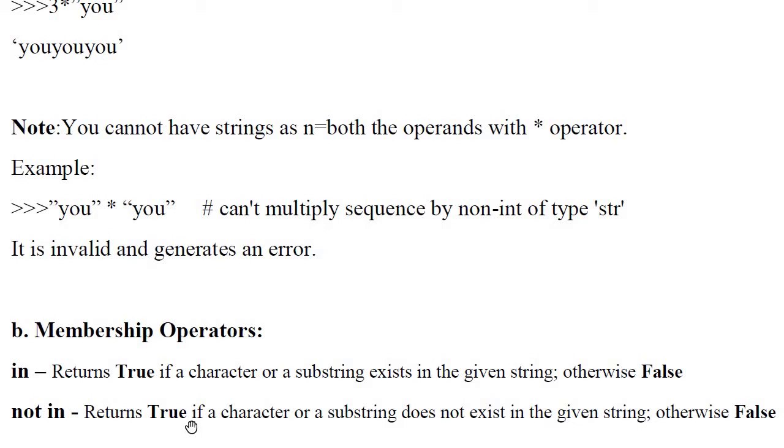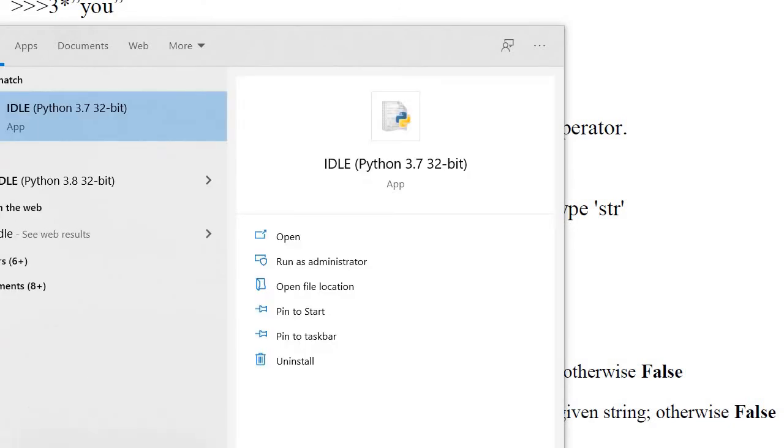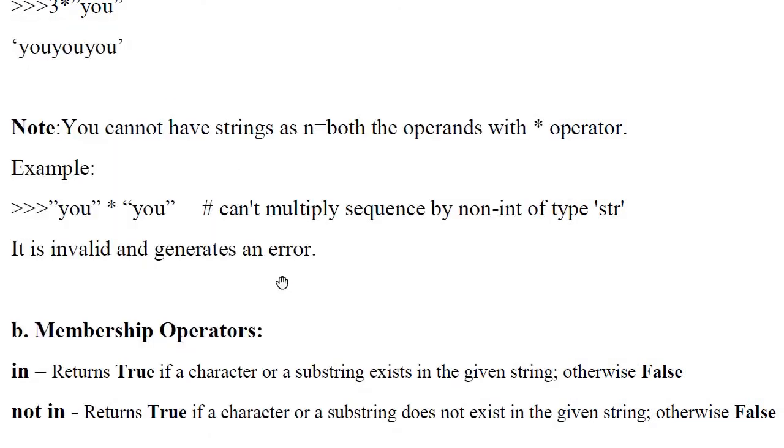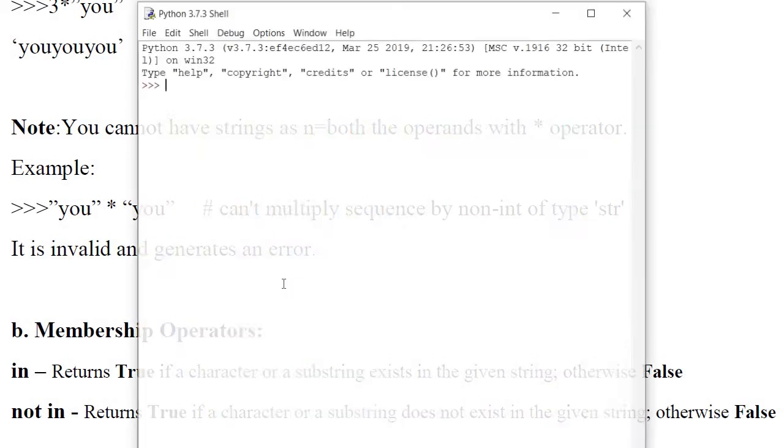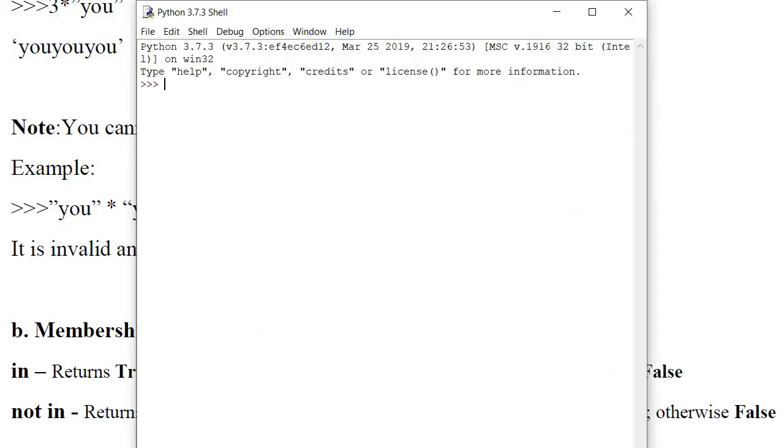So that means if you are entering some string and you have to find whether something is present in that string or not, then you have to use the membership operator. I hope it's clear. Now we will see in IDLE also how to do it. In the membership operator you have to focus only on two things, in and not in, and this operator is used for strings. Now let's wait, I will open IDLE. Let's see the example.